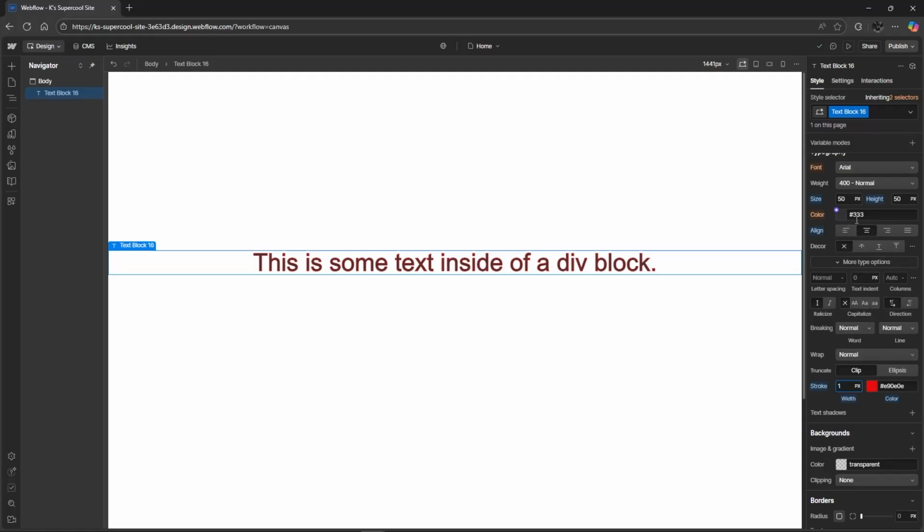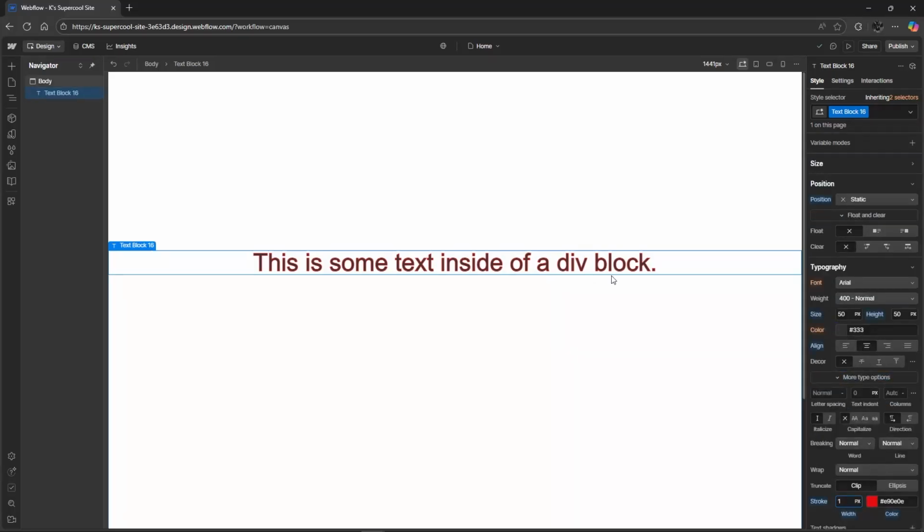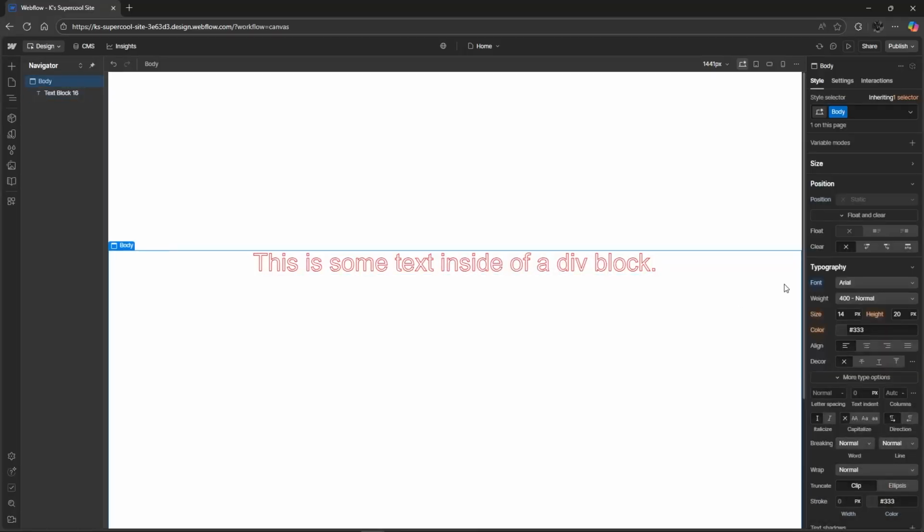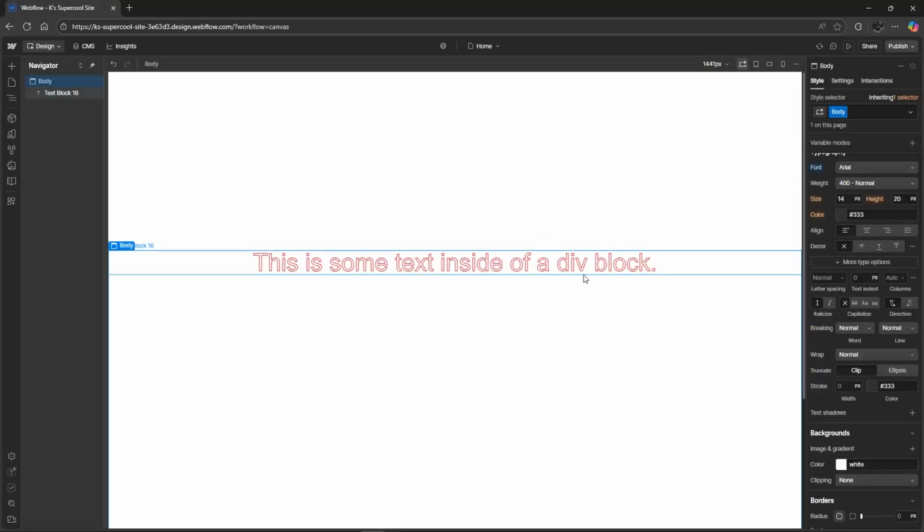And then on the color of the typography right here, which is the main text, let's set the color to transparent. And as you can see, the text has now a transparent fill. And that's about it. That's how to make text without fill in